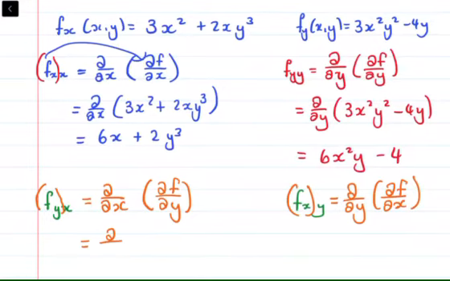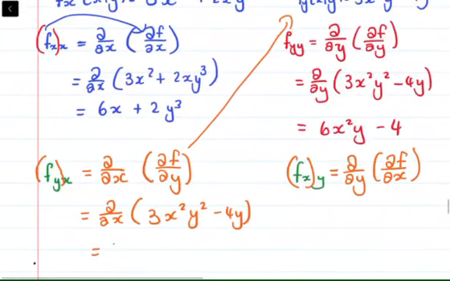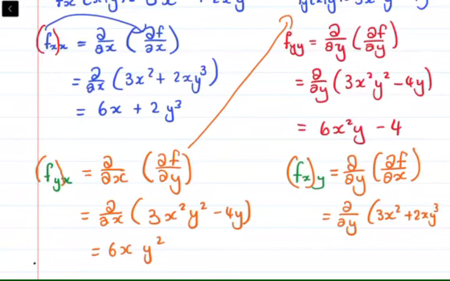So this means that you are finding the partial derivative with respect to x of this function there, which is 3x squared y squared minus 4y, which is equal to 6xy squared. And then if you do it for this side, you have the partial with respect to y of 3x squared plus 2xy cubed. Remember that 3x squared, because we're differentiating with respect to y, is considered as a constant. So then that answer is 0. And then here we have 6xy